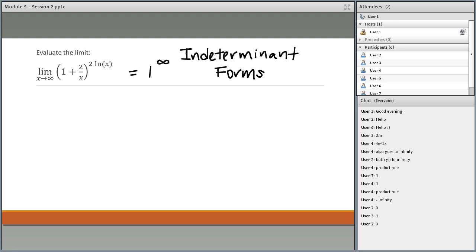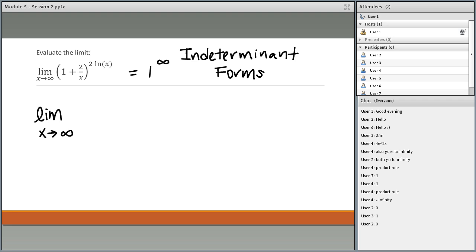Which means we need to use L'Hopital's rule, or we can use L'Hopital's rule. So in order to get a fraction, we need to try and maneuver this function around in another way, kind of like we did in the last one. So what I'm going to do is I'm going to take the limit as x goes to infinity,